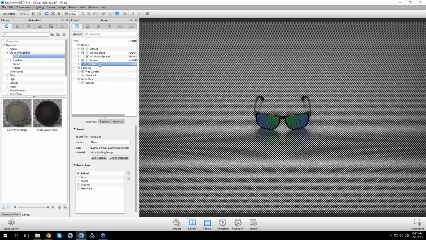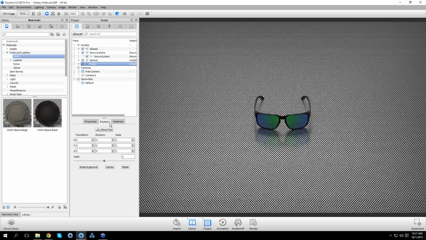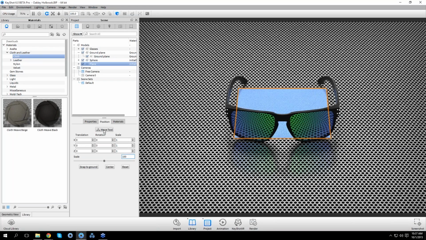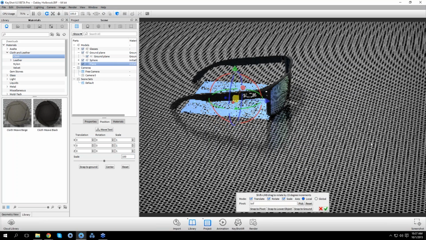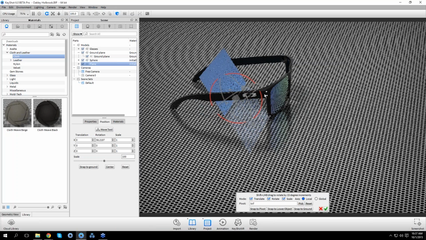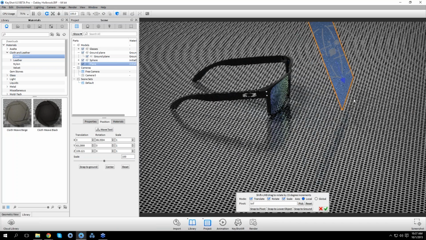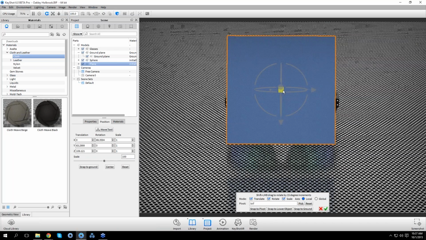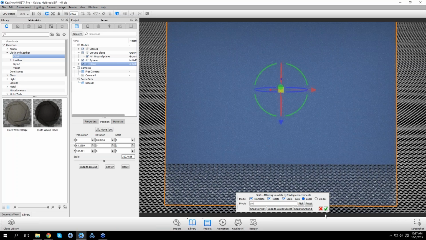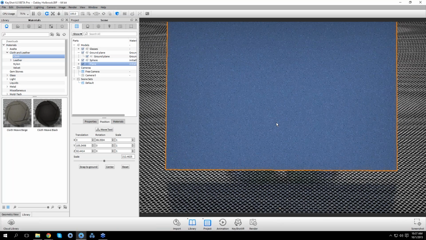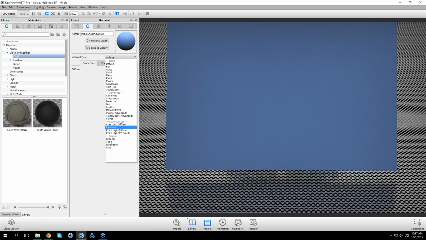See, it's pretty small there, so increase the scale and use our move tool to get the basic position of that. Square to our camera. Okay, then maybe I'll set this to an emissive material